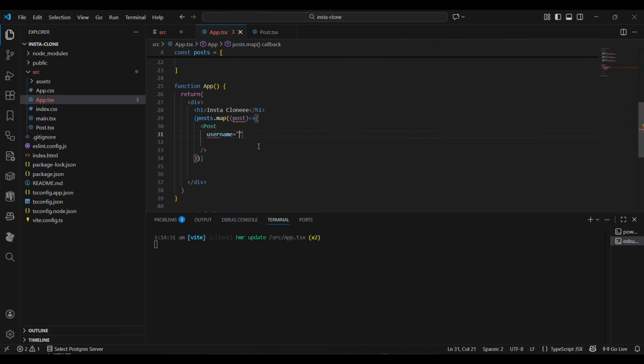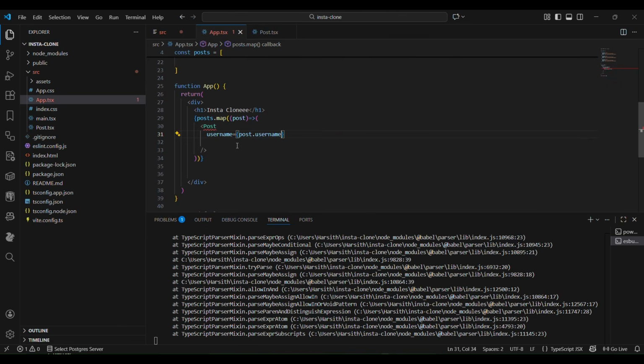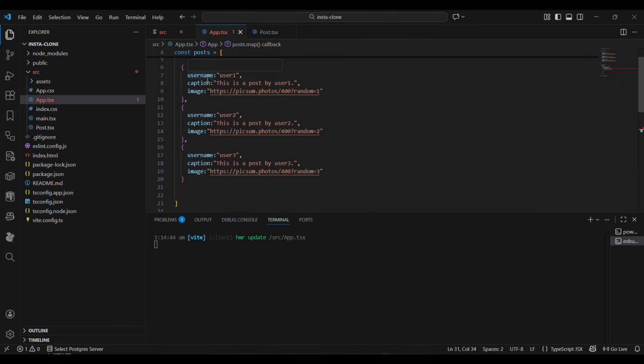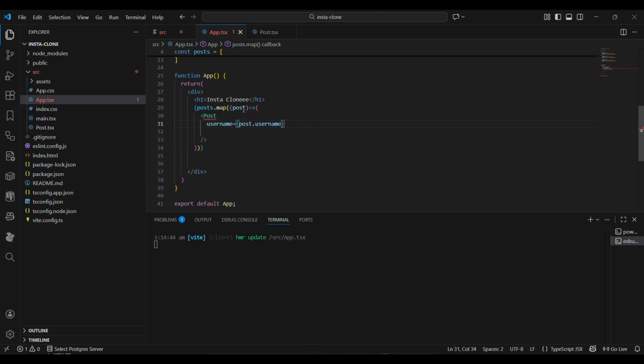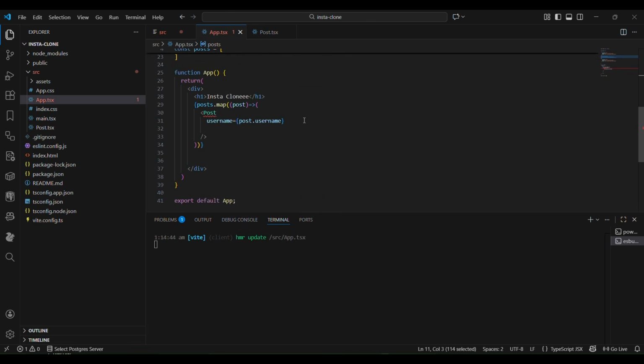So username within curly braces, use the post, this variable, dot username. So this basically comes from this object. So post is like a counter variable which iterates through the items, and for now consider it is holding this object. So post dot username corresponds to this value, and when the counter variable moves to the next item, post dot username corresponds to user2. So yeah, we have sent the username, and next the